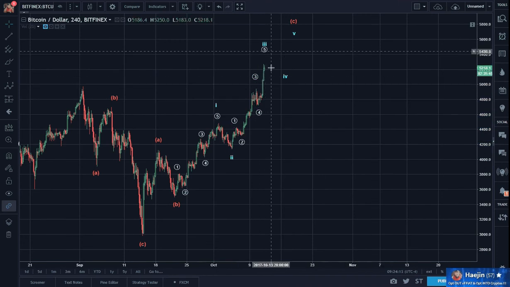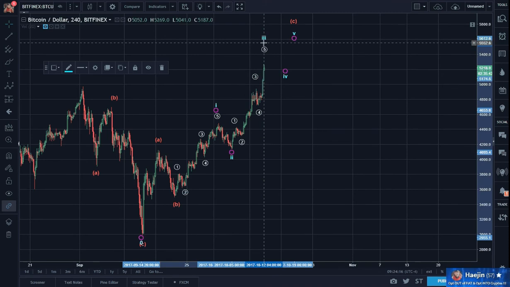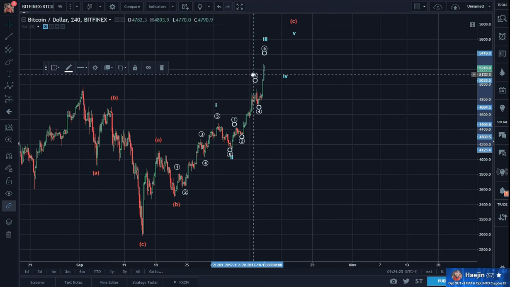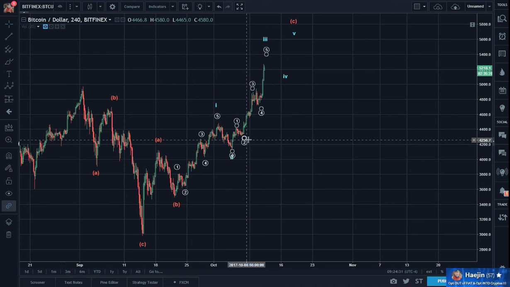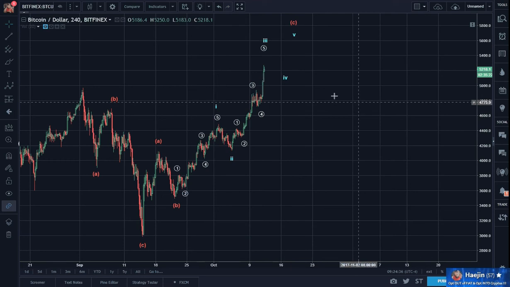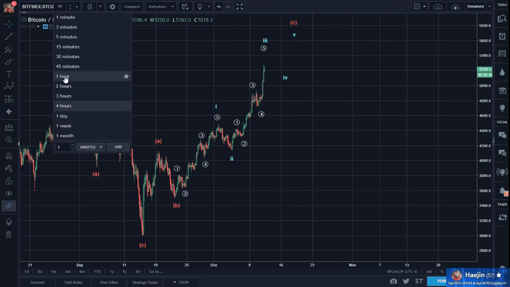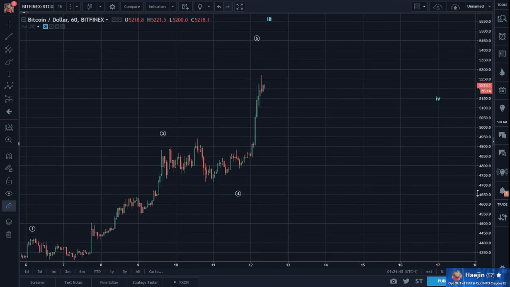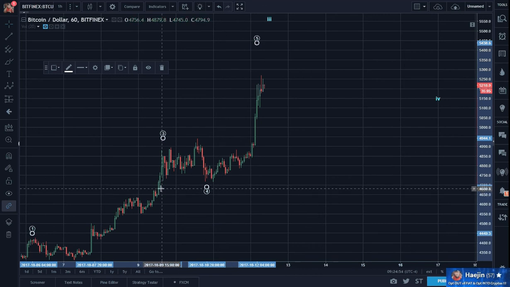Now, how far will wave 5 go? I guess that's the next question. 5 of 3, that is. Because after 3, it'll be 4 and 5. So if you want to zoom in on this, so we have 4, 3,